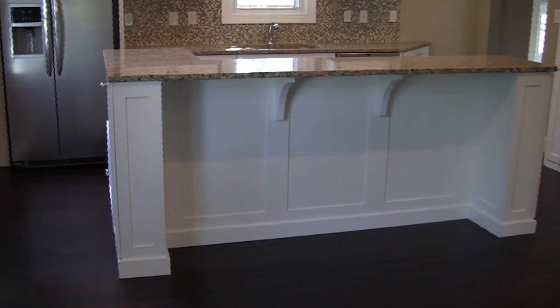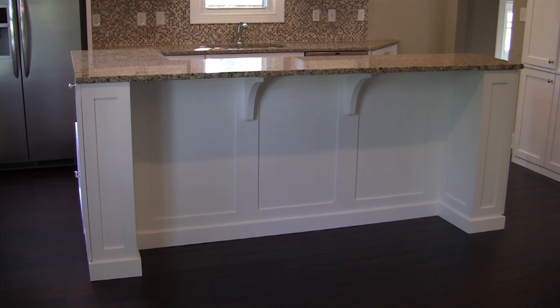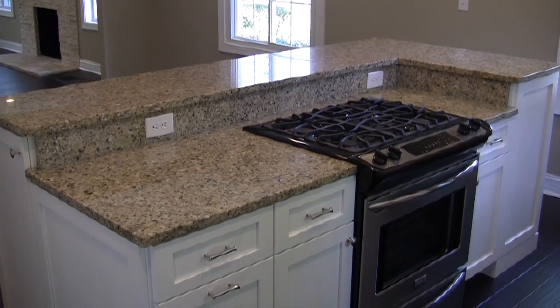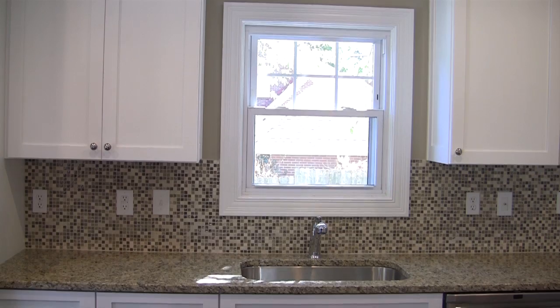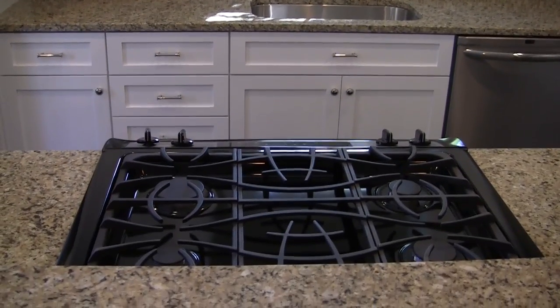Now, the one thing I also do like is, as you can see, he's got the eating area that's elevated, solid surface. Right. The accent lights above the eating area make it really nice, but he's got recessed lighting, which eliminates a lot of the blind spots. I feel good about the lighting in the area, and I also like the fact that you can walk up and have stools right in front of that bar top. It does have that open feel, and as you know, being one of the best home builders in the city, that open concept right now is really big. Absolutely. When you can bring your family room and your kitchen together to show some separation, but they are together